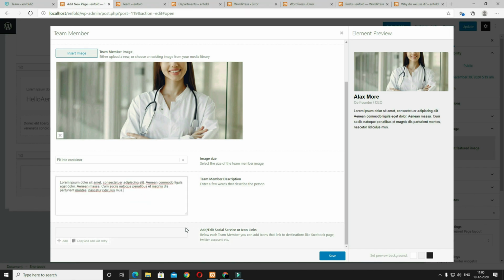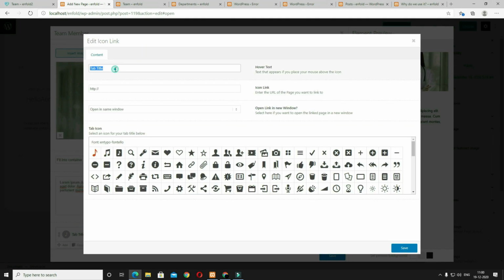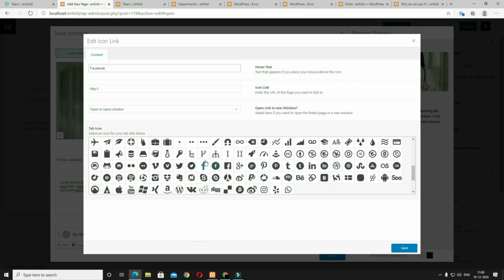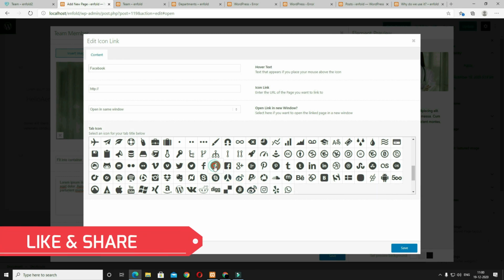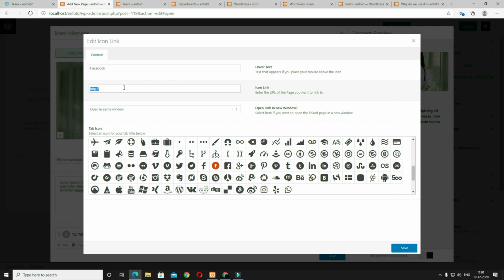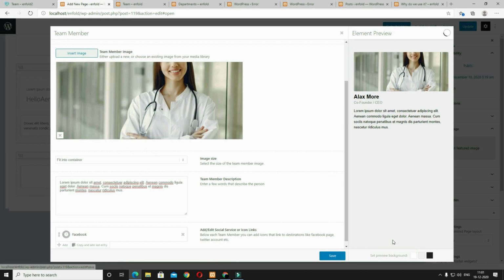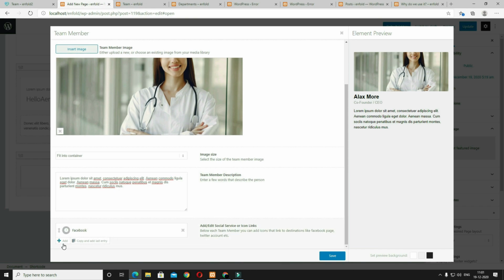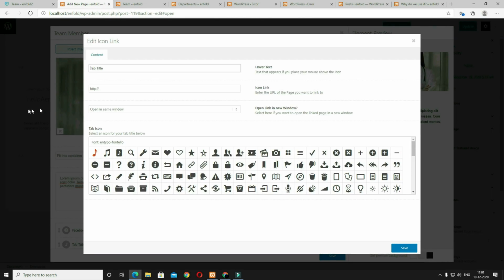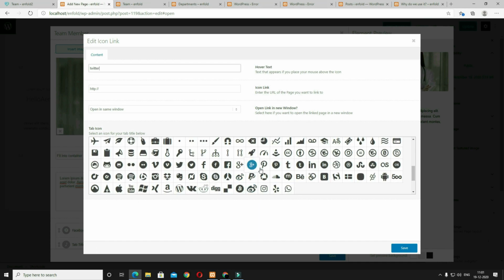Next here I have to click on this add option for adding the social media links for the person. Here you have to give the name as Facebook, and after that you have to search for the Facebook icon. So I am taking this one, and whatever the Facebook page link is, you have to write it here. Here it's a dummy project, so I am entering an empty link, meaning a hash sign. Now click on the save option. Similarly, again click on the add option, again click on this. I am adding Twitter here. Now I have to search for the Twitter icon, that is the Twitter icon.